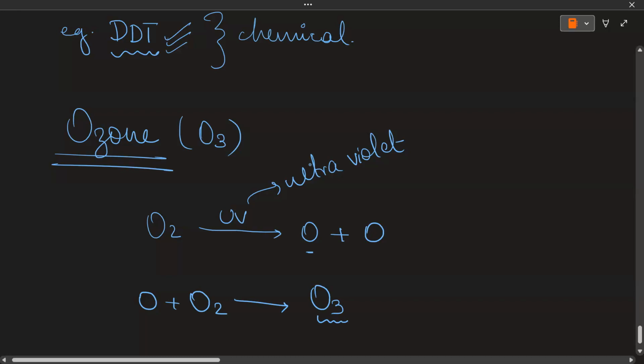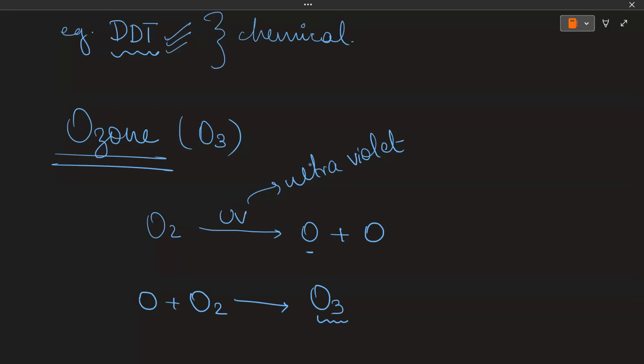Now see, this ozone is very important for us. Why? Because there is an ozone layer surrounding the Earth's surface. This ozone layer is very important because it is acting like a shield. For example, if this is the Earth, then the ozone layer is acting as a sheath from the harmful sun